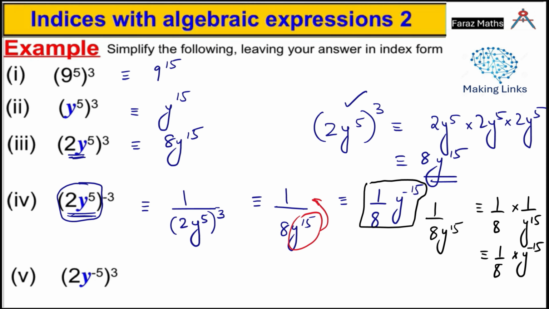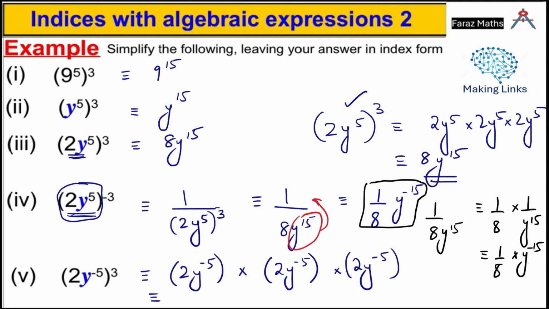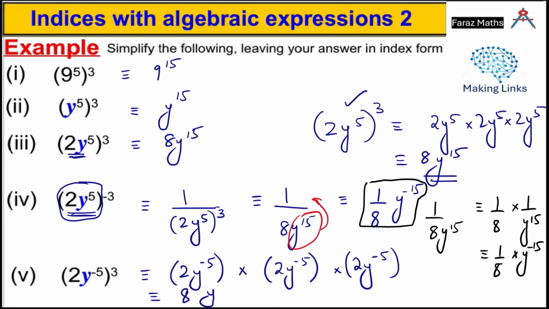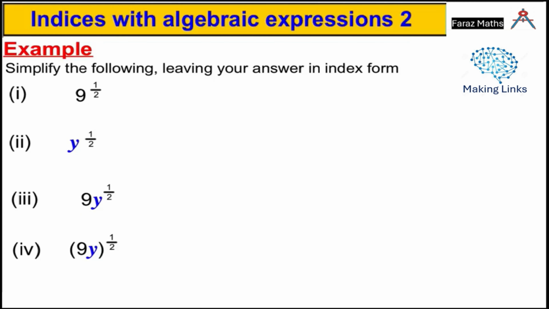Okay, the last one, 2y negative 5 and the whole power is 3. It means you have to multiply it how many times? 3 times. And then 2 2s are 4, 4 2s are 8. And when bases are the same, we have to add the powers. Minus 5, minus 5, minus 5. If you add them all together, all these are negative numbers, so you have to add them with the negative sign. So 8y negative 15 is our answer for this one. Okay, coming to the next. So that's our last slide on this.